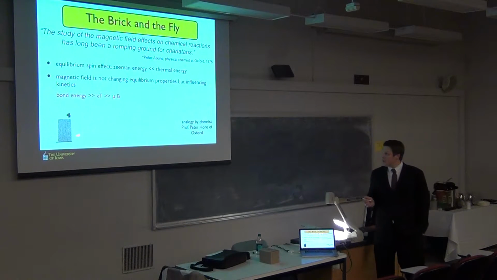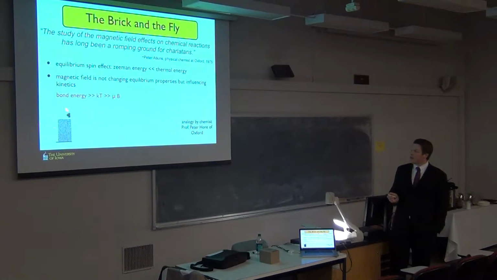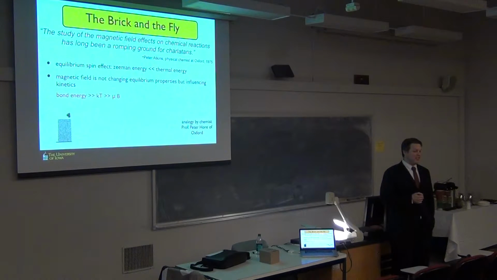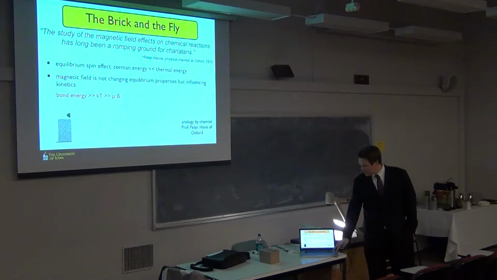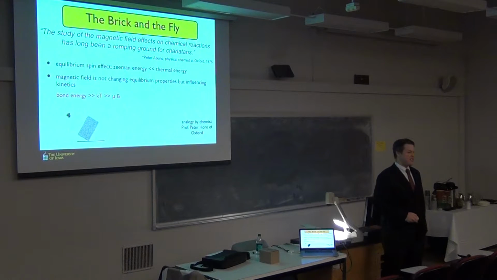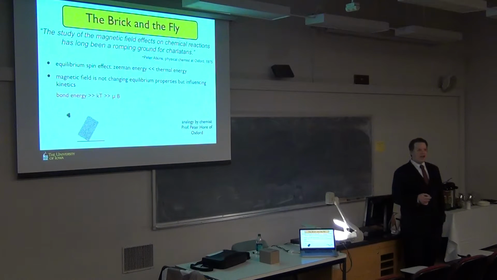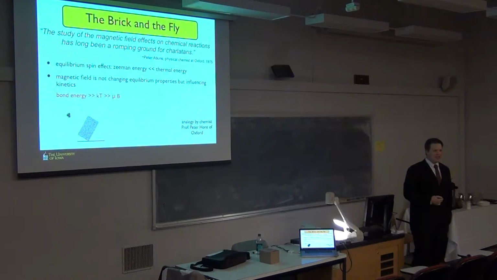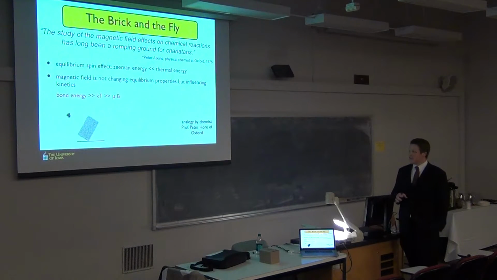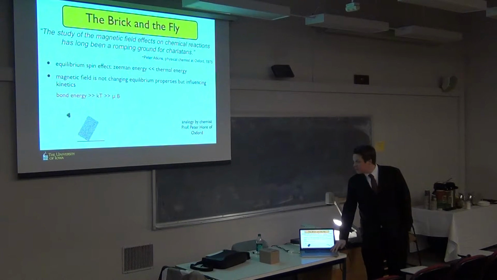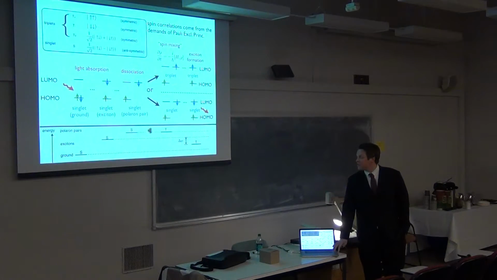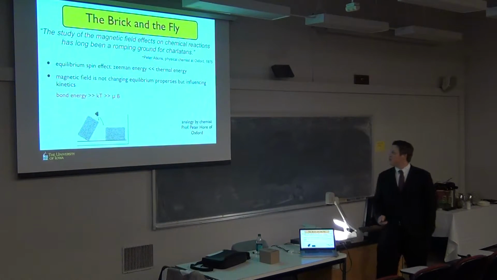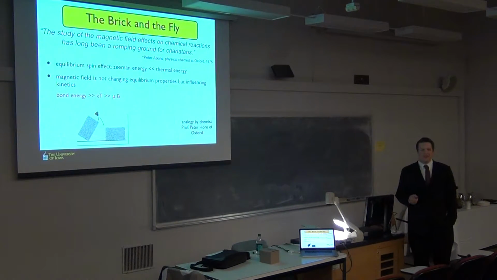So the trick to the fly on the brick is that we cheat. And instead of having the brick like that, we're going to lie it on its edge. And essentially, we're creating a non-equilibrium state. And once it's precariously balancing on the edge, the fly can land on it with just enough force to push it over.